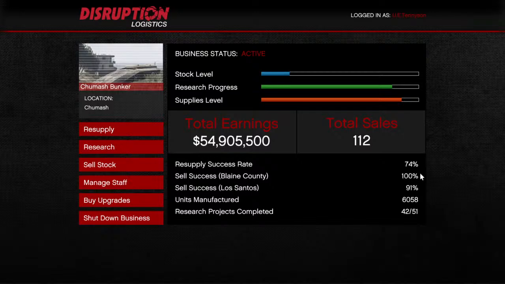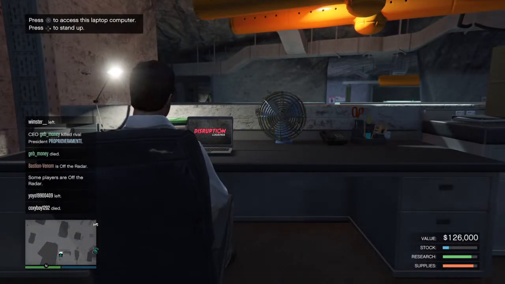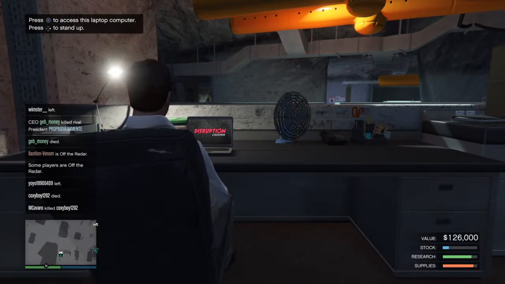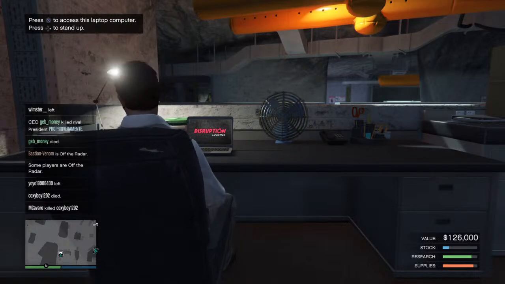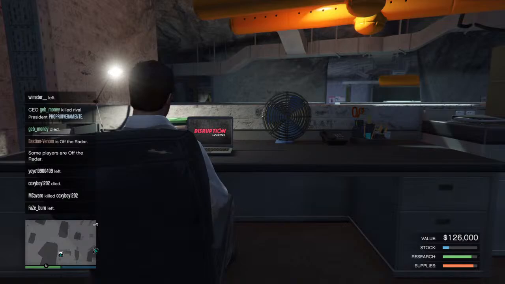I'm gonna go through these bits and bobs now. I've done a success. Units manufactured 6,058. Research project completed 42 of 51. Now, take into consideration I've got 126,000. Now, recently, I've been wanting to unlock this, that, and the other, and as I'm going to show you now,